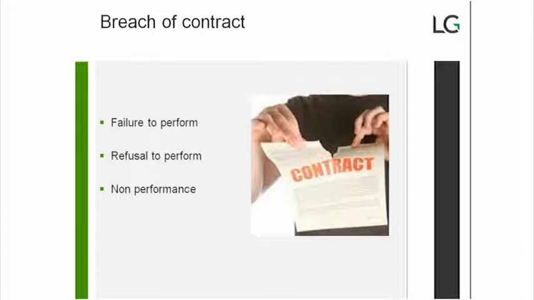A breach of contract occurs where a party, without lawful excuse, fails or refuses to perform or does not perform precisely and exactly their obligations under the contract. This breach can entitle the injured party to claim for damages. The breach may also allow the injured party the right to terminate the contract, and we'll have a look at this in a minute. So where a contract does not include any express remedies for breach, such as an indemnity, one of your recourses is simply to terminate the agreement.